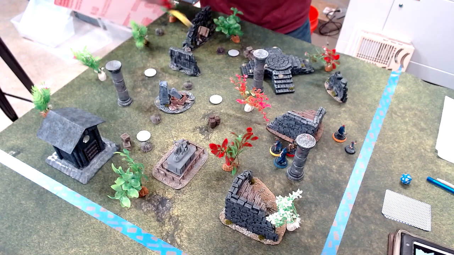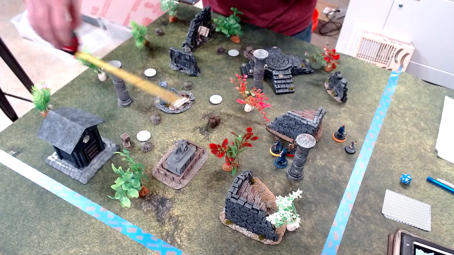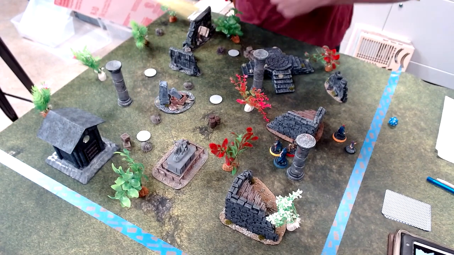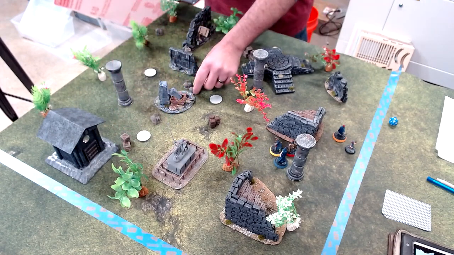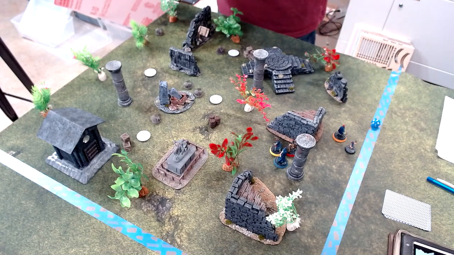And then that one has an obstruction. This one has an obstruction. I could not shoot at that one. So let's move randomly. We'll move this one in this direction 9 inches, which goes here. Oops. Let's roll for this one back here, going that direction, so we'll just move it this